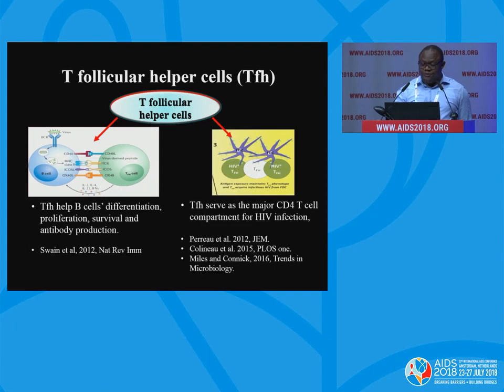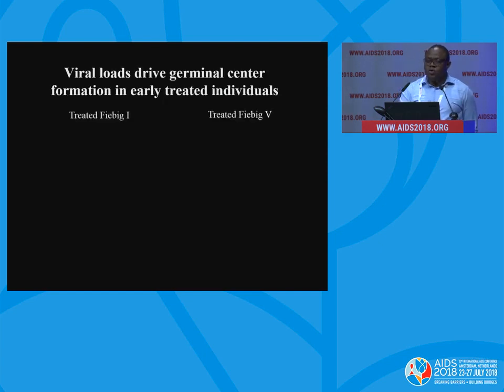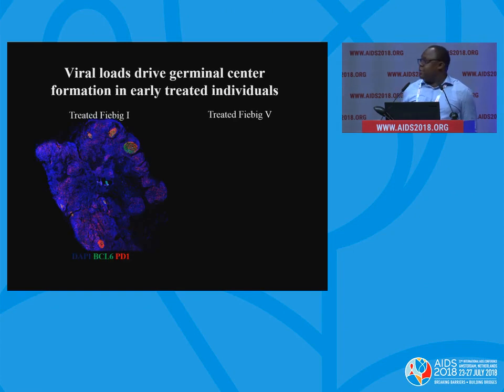So we wanted to find out, by asking very simple questions, what is the effect of extremely early treatment initiation on GC function? We know that in untreated infection, GC function is defective. And we also wanted to see, if you treat this early, how long does the virus persist in the lymph node? We've seen that in most of the people that we treat early, when you look at seroconversion, some of them do not seroconvert. And so we wanted to see, do they even initiate a response in the lymph node? And so I'm just going to show you some